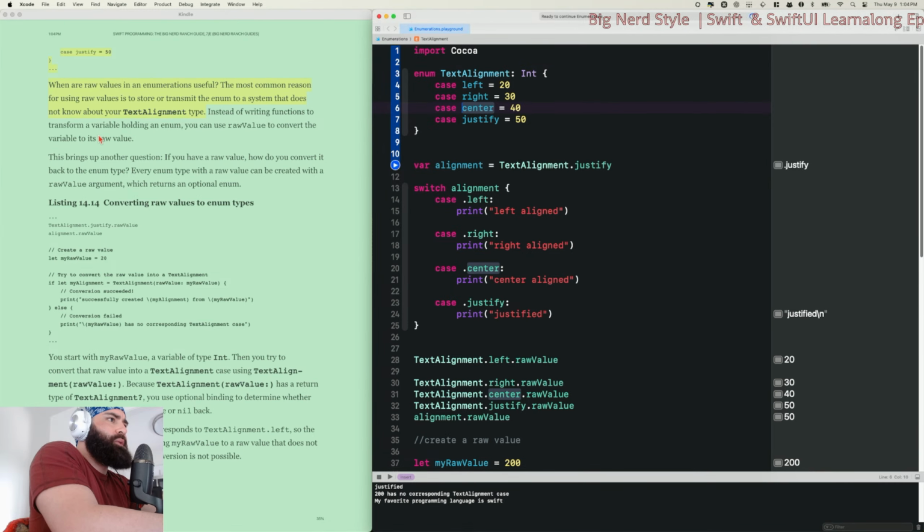Instead of writing functions to transform a variable holding an enum, you can use raw value to convert the variable to its raw value.